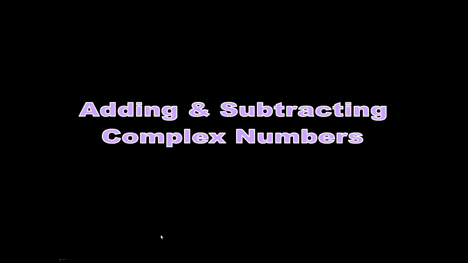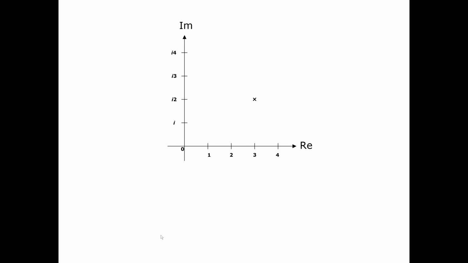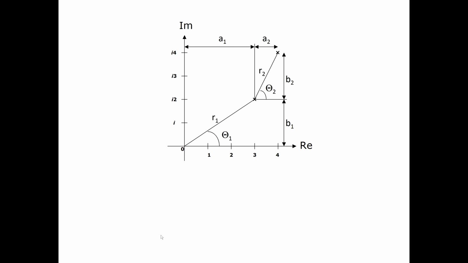What about adding and subtracting complex numbers? Well, all we need to do is take a complex number which has a value of a1 as its real component and a value of b1 as its imaginary component, and we're going to add to it another complex number which has a real component a2 and an imaginary component b2. n1, which is a1 plus i b1, and n2, which is a2 plus i b2, and all we need to do to add them is add the real components a1 and a2 and the imaginary components i b1 and i b2,